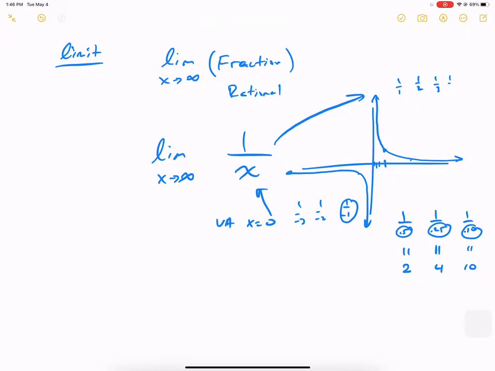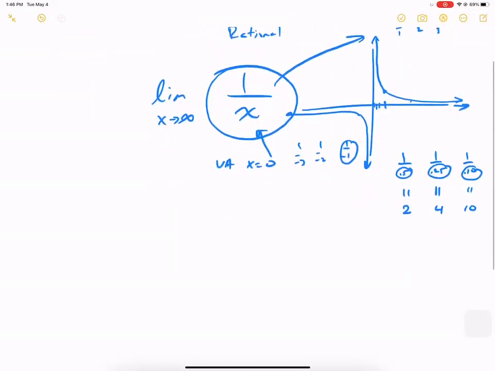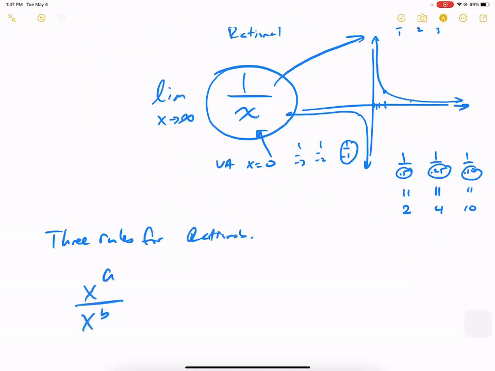Now, we described what the graph looks like as it heads toward infinity. I wonder if you remember this. We actually had a rule here. What would the graph look like as x went to infinity? We said that if the bottom is bigger, this would go off to 0. Now this heads back to our 3 rules for rationals. We said if the fraction is x to the a over x to the b, plus more terms on top and bottom,